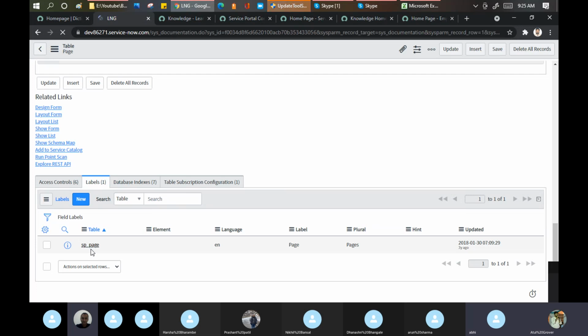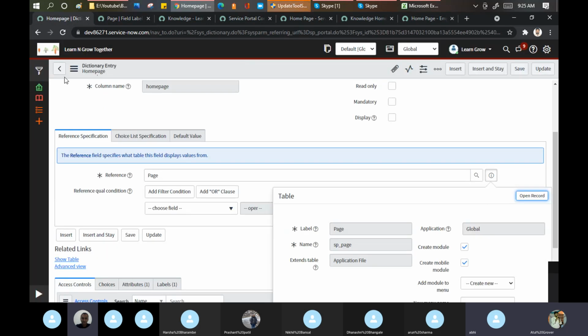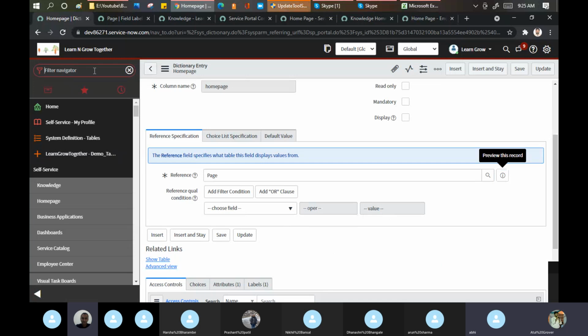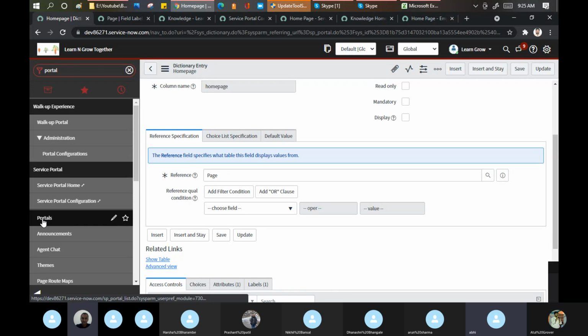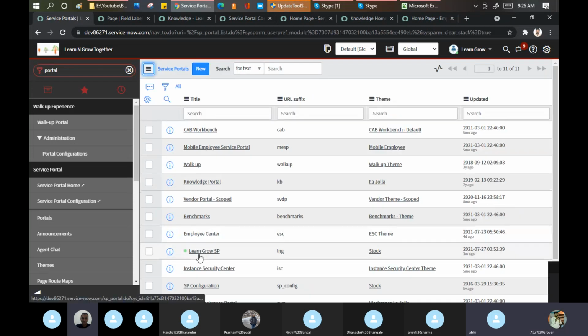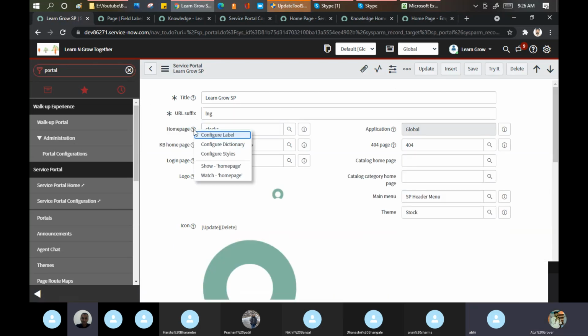Let me open this. Okay, it is just a page they created, SP underscore page. What other values are we able to see here? Let's go back. Let's try to identify. Home pages. Let me see. Configure style.